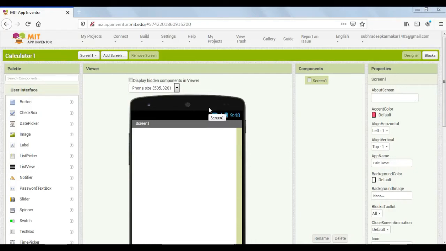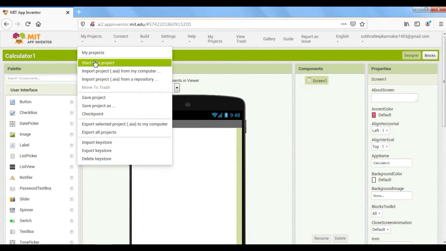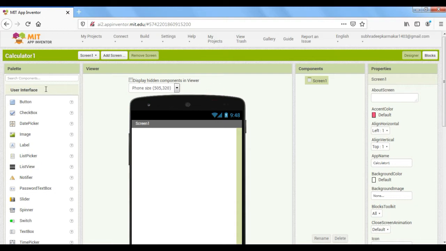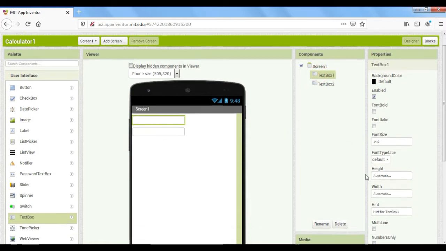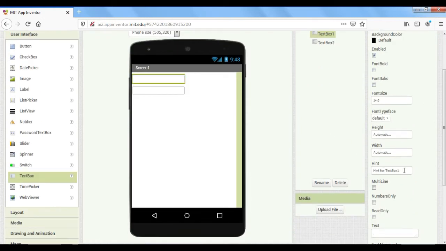Hello friends, so today we'll make a calculator in the MIT app. I should go to my projects and start a new project, calculator. I made it. And now I should take two text boxes, one for each number. Okay, text box 1 and text box 2, and in the text box 2 hint, please type number,